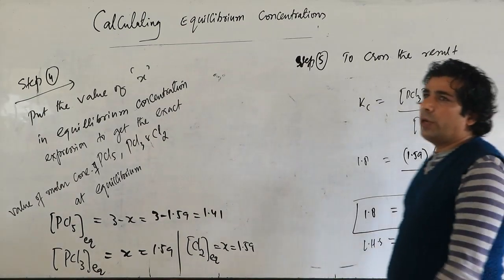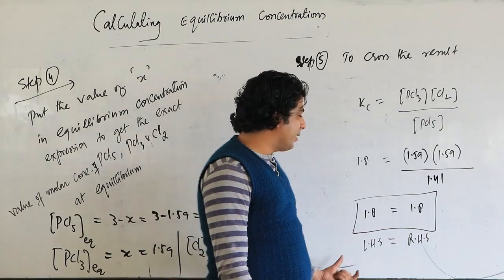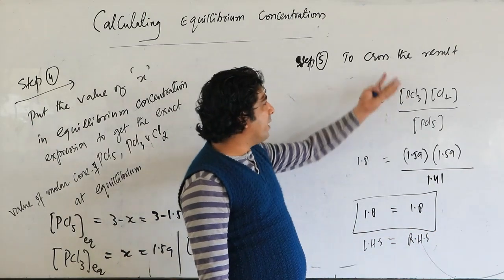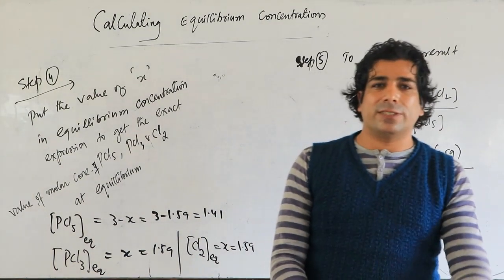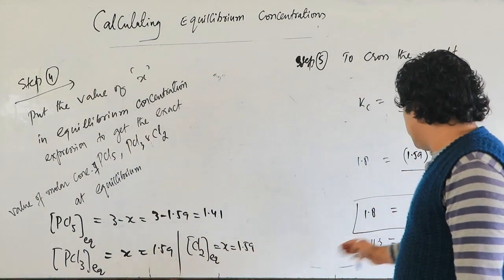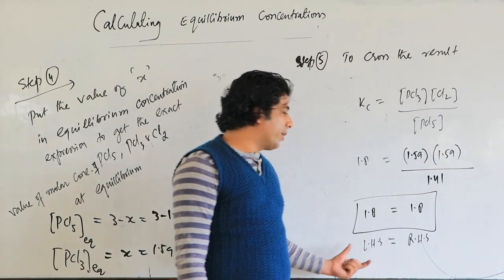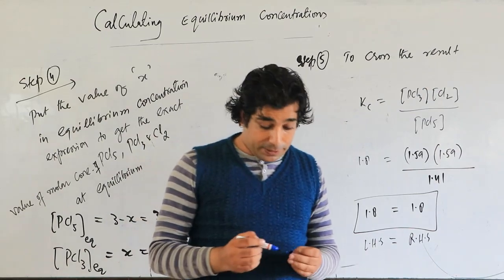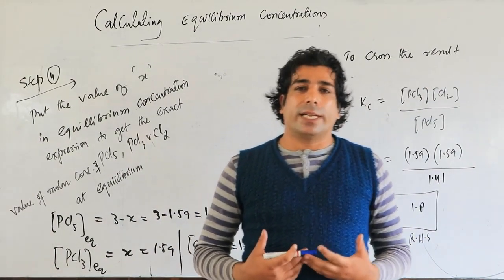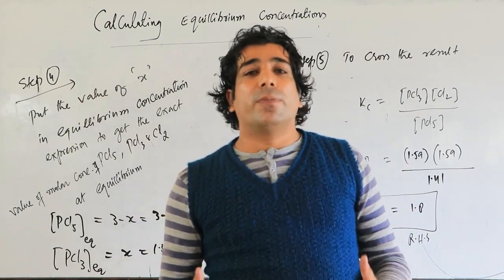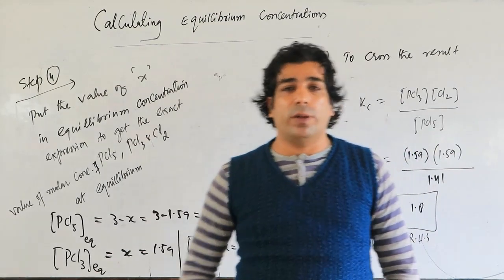So my dear friends, you have to see: if it comes out to be 1.8, then your result is correct. We have cross checked the result as well, and if they are equal, then your entire question is right. Please make note of this. And this was all about how to write down the calculations of equilibrium concentrations, my dear friends. I hope you have very well understood this particular problem.